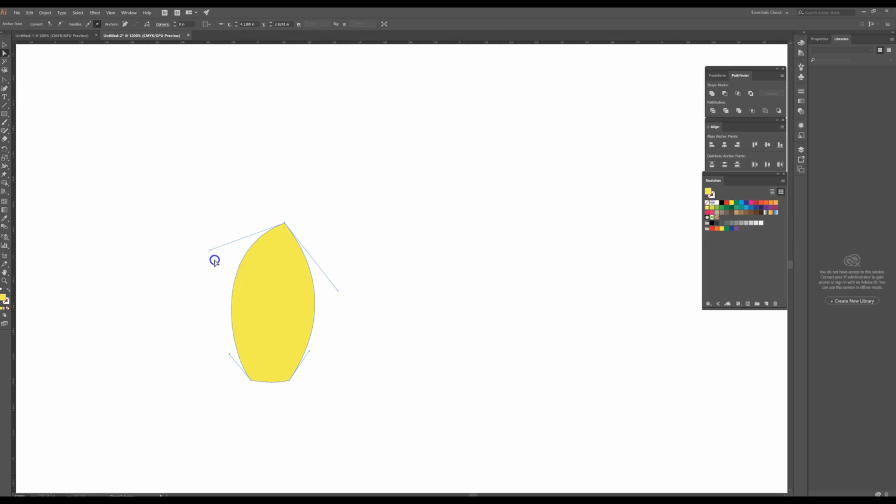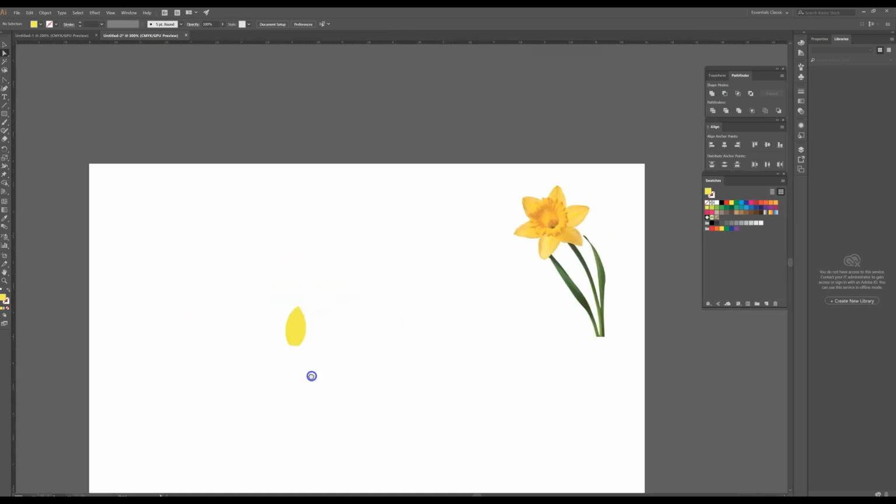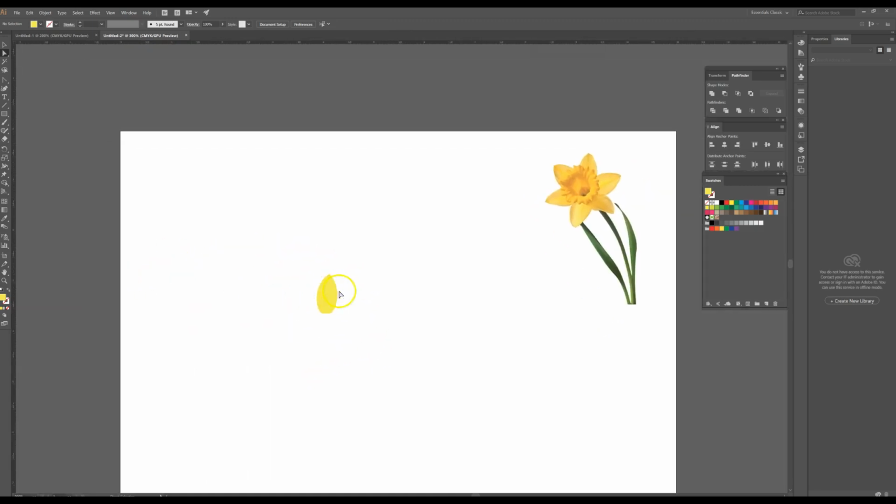A little bit more pointed. So really this is about paying attention to the details of whatever you're drawing. Make it a little wider here at the bottom. Overall, not a bad daffodil